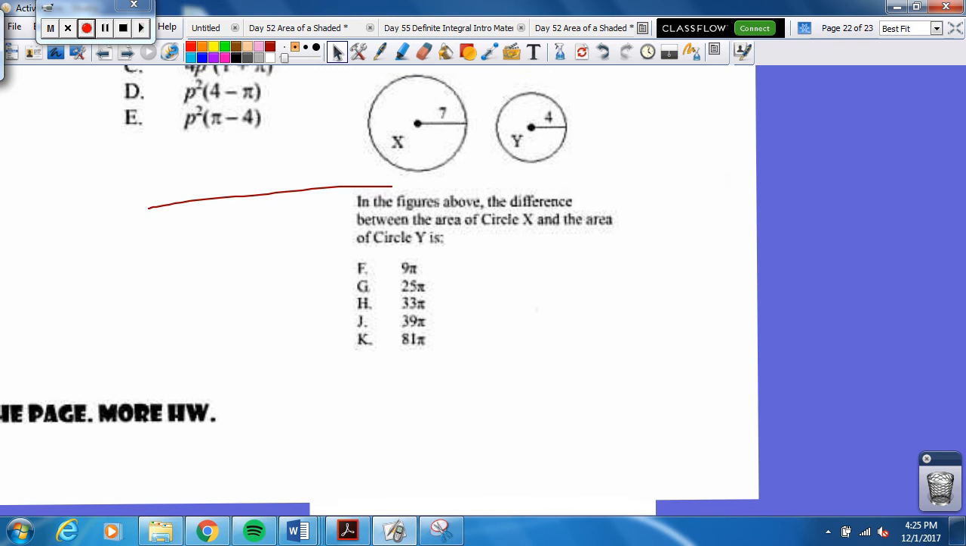Last one. So, what are we going to do? All right. What's the difference between the areas? What does difference mean? I need to subtract. Okay, the area here is going to be